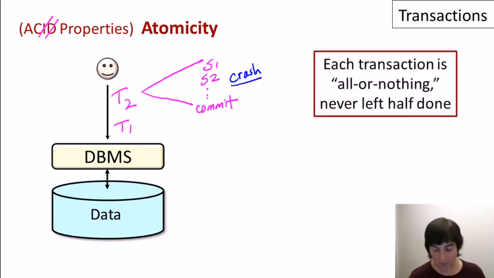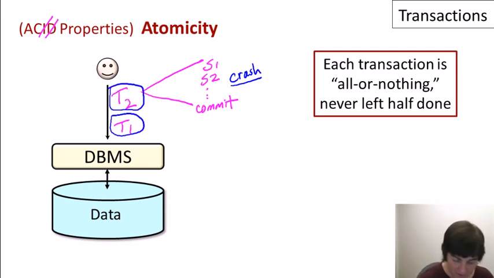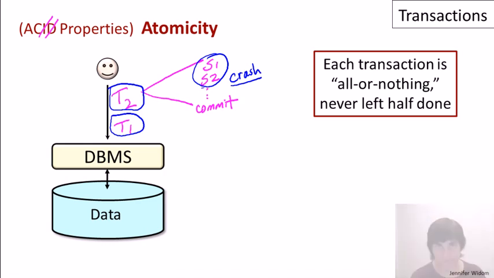What the atomicity property tells us is that even in the presence of system crashes, every transaction is always executed either all or nothing on the database. So in other words, if we have each of our transactions running, it's not possible in a system crash to have executed on the database a couple of statements, but not the rest of the transaction.